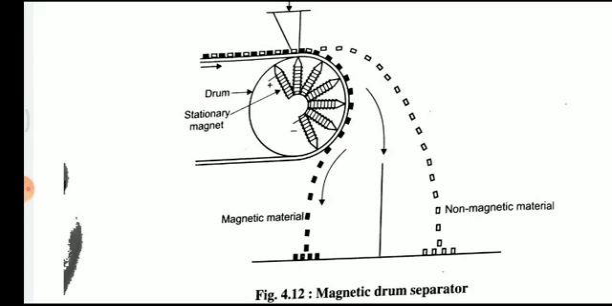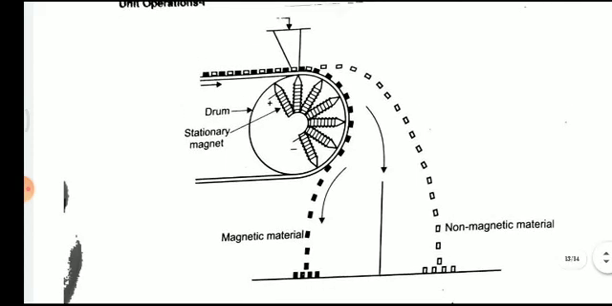So based on the specific property, the magnetic drums are positively or negatively charged, based on the application. So the magnetic material will be attracted, some of them positive and some of them negative. So due to the magnetic separation, the magnetic material is attracted by the drums, and the non-magnetic materials are removed